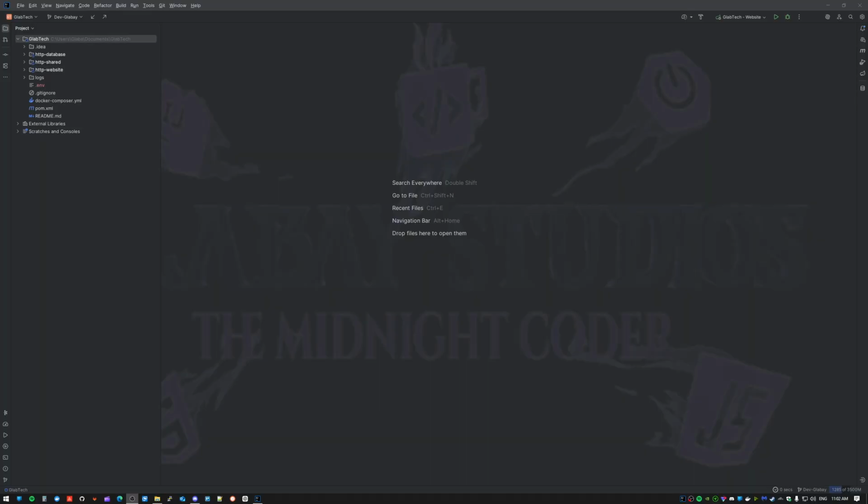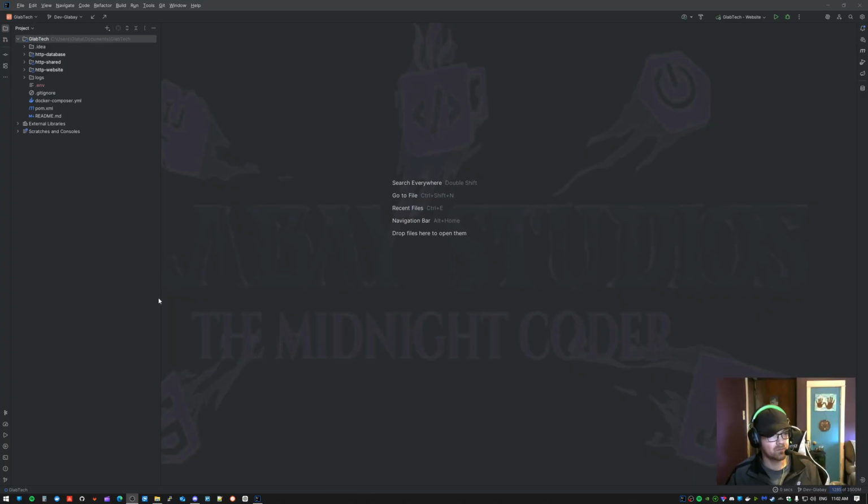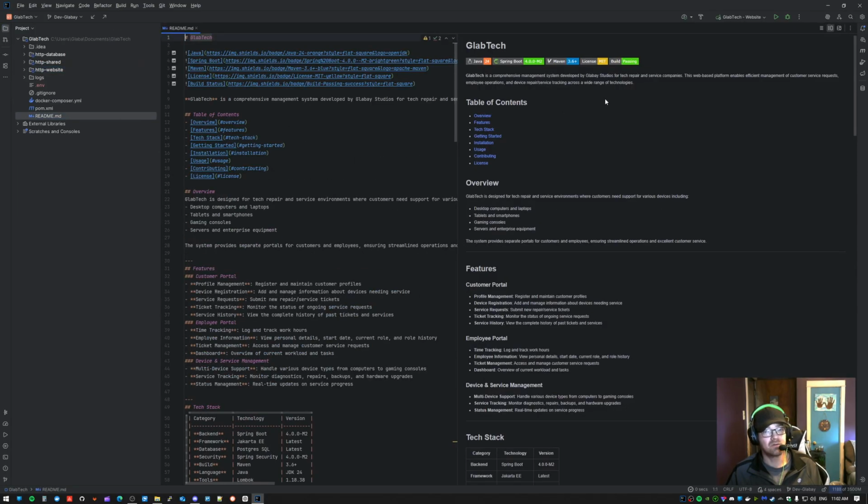Let's go ahead and switch this up, and we'll take a look at my IDE here in a second. I've modularized the project, so there are 3 different modules in it now. Let's take a look. All right. So as you can see, I have a database module, a shared module, and a website module. Now, the things that I've done since we've last been here: I've overhauled the README,